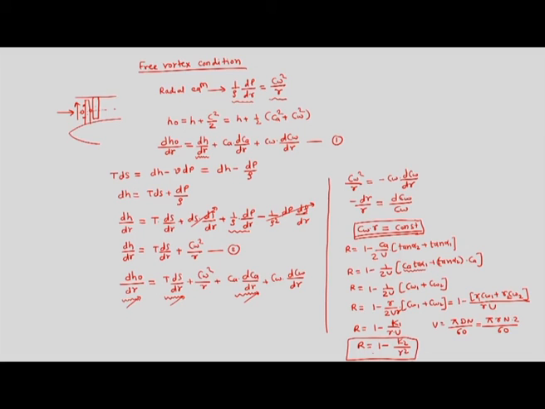So, if r is increased, degree of reaction will increase. If r is decreased, degree of reaction will decrease. This is how, when we do a 2D analysis using the velocity triangle at mid blade height, free vortex theory helps us to translate that analysis, with the constraint that we have negligible change in axial velocity and negligible change in the total enthalpy in the radial direction. So we can take that Cw into r is equal to constant.